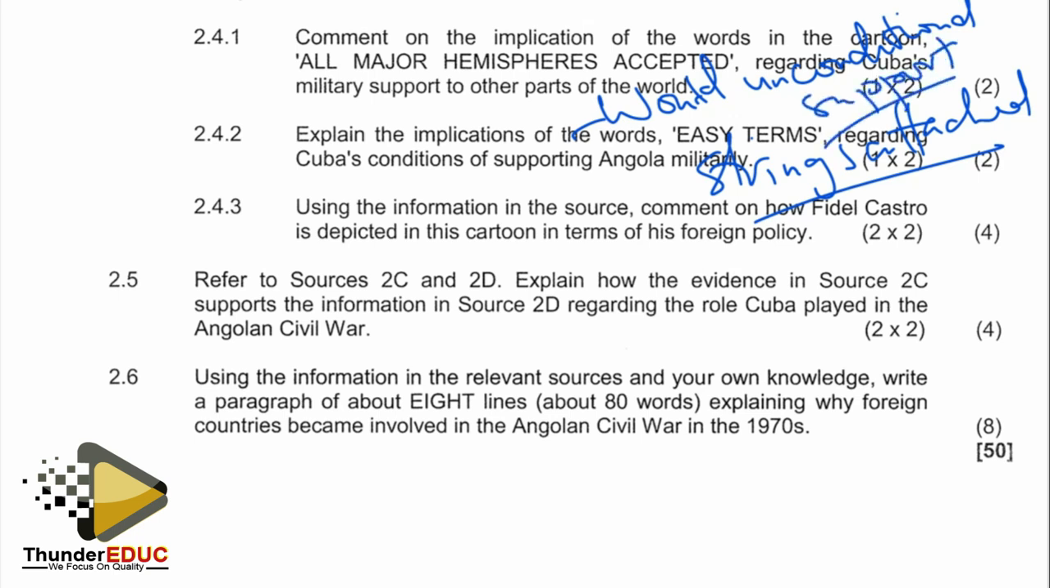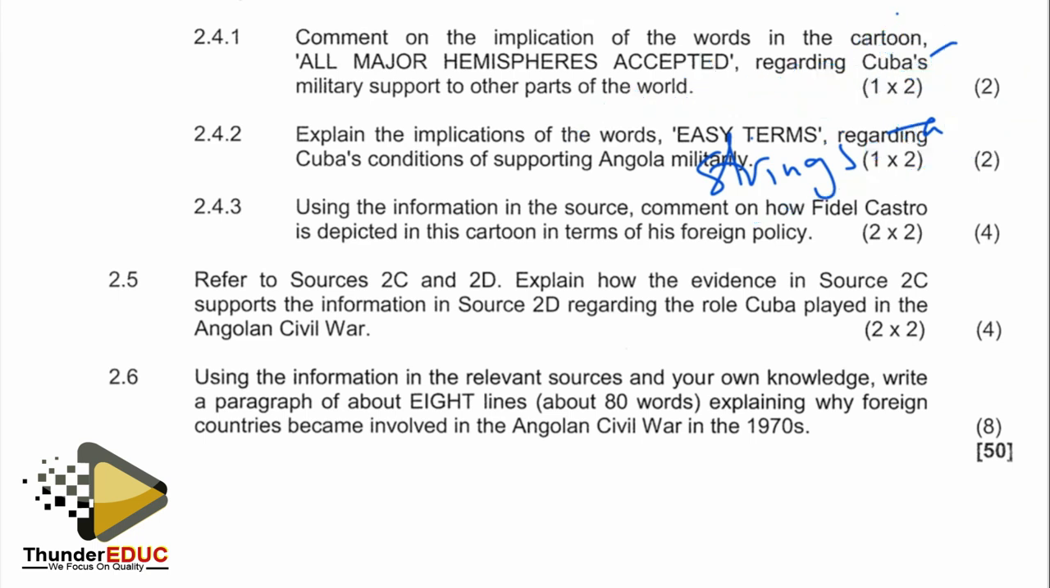They were not going to provide with so many conditions, like do this for us to give you support, or fulfill this to get support. They would give unconditional support. You want support, then we offer you what you want. That is an easy term. Then we move on to the next question, which is question number